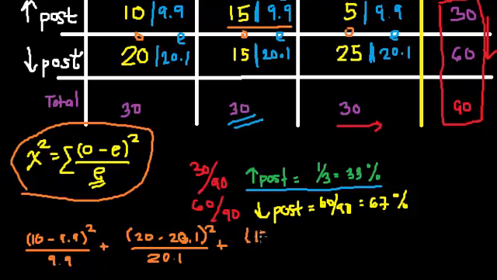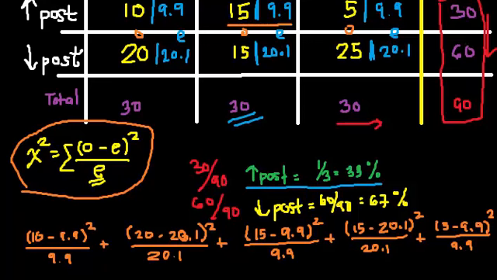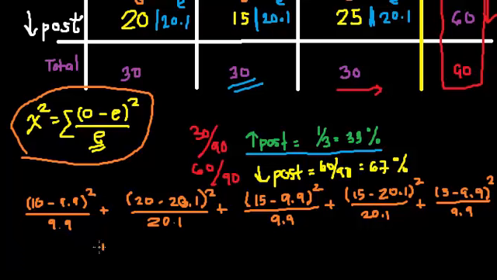We have 15 minus 9.9 squared all over 9.9 plus 15 minus 20.1 squared all over expected 20.1 plus, almost there, we have 5 minus 9.9 squared all over expected 9.9, and finally we have plus